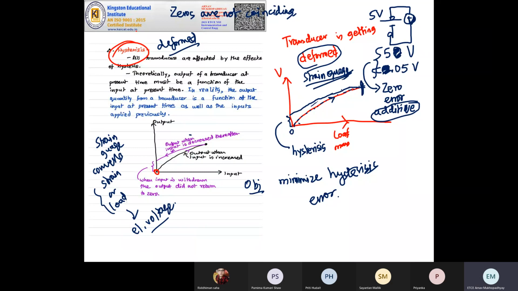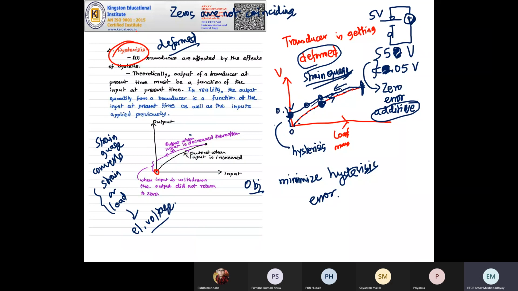But যখন ওয়েটটা কমানো হচ্ছে, এটা দেখা যাচ্ছে ইলেকট্রিক্যাল ভোল্টেজটাও কমা উচিত ছিল, and it should have followed this red path, but দেখা যাচ্ছে it is following this blue path. That means আগে যা ভ্যালু হচ্ছিল ওয়েট বাড়ার সময়, you are not getting that when the weight is getting reduced. And finally যখন পুরো ওয়েটটা উঠিয়ে দেওয়া হলো, the strain gauge should have been relaxed and outputting 0 volt. দেখা যাচ্ছে অন্য কিছু একটা আউটপুট দিচ্ছে, just say 0.1 volt আউটপুট দিচ্ছে।